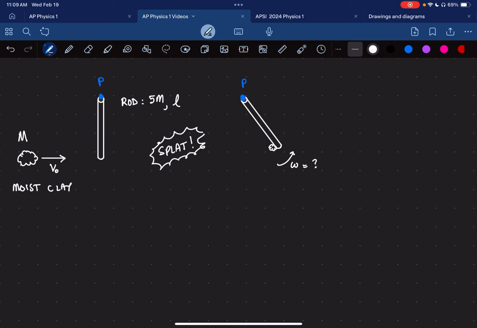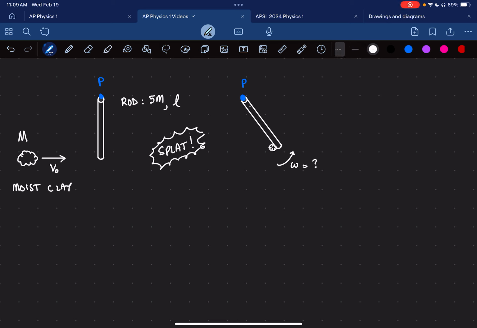What's going to happen is we're going to launch this moist clay. So the little ball here, mass M, its velocity is V naught, and it's aimed at the lowest point of this rod. The rod has mass 5m, length L. And we say it's moist clay. On the AP exam, they'll give you examples of stuff like this where the clay is going to collide but stick to the rod. And so it goes here and hits here. After the collision,